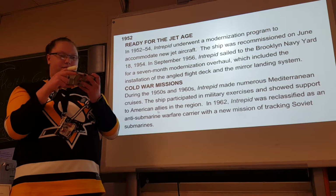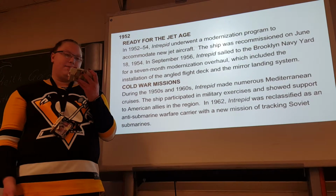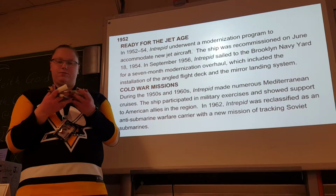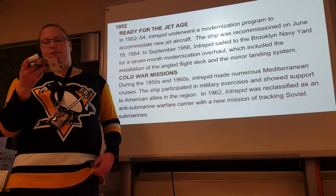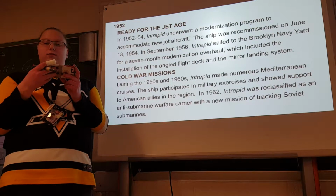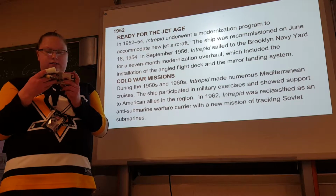1952. Ready for the jet age. In 1952 through 54, Intrepid underwent a modernization program to accommodate new jet aircraft. The ship was recommissioned on June 18, 1954. In September 1956, Intrepid sailed into the Brooklyn Navy Yard for a 7-month modernization overhaul, which included the installation